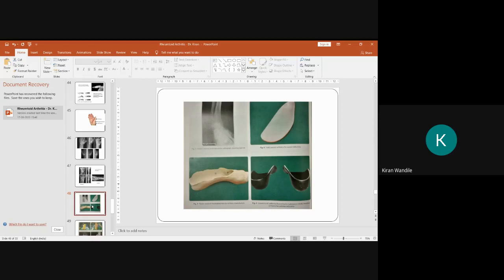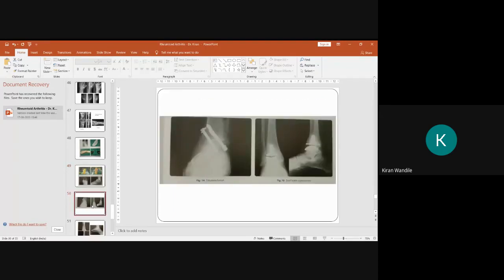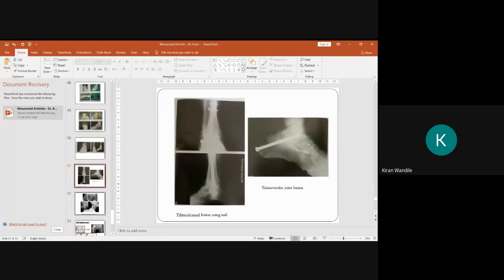And once the deformity is established, you can go for various surgical procedures like forefoot arthroplasty and various fusions of the joint, because multiple joints may be involved. So you can go for talonavicular fusion, tibiotalar fusion, total ankle replacement. All these are surgical procedures for rheumatoid arthritis of the ankle and foot. Talonavicular joint fusion. Even you can go for triple arthrodesis.